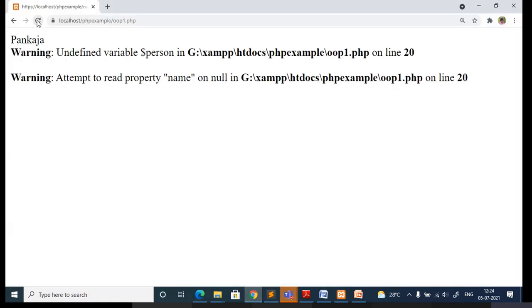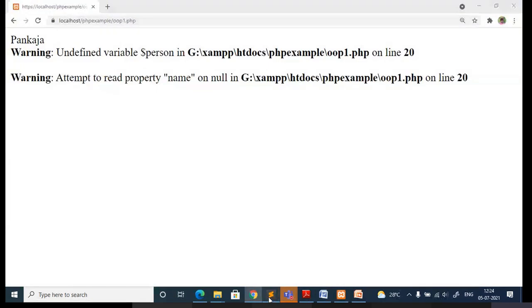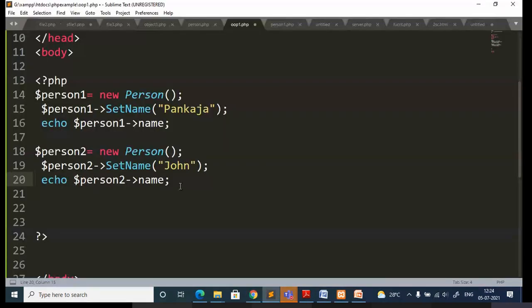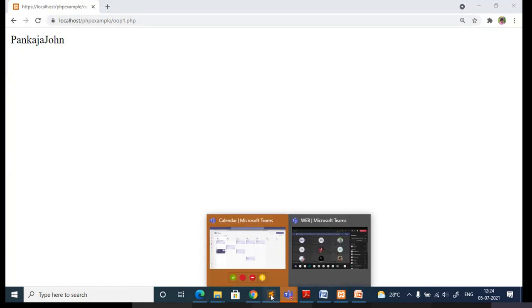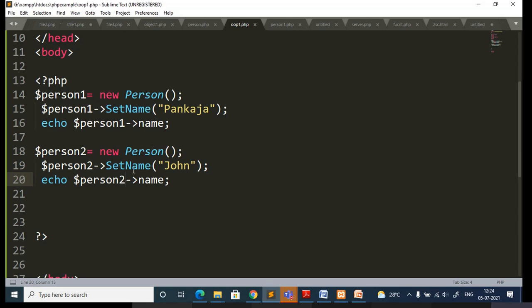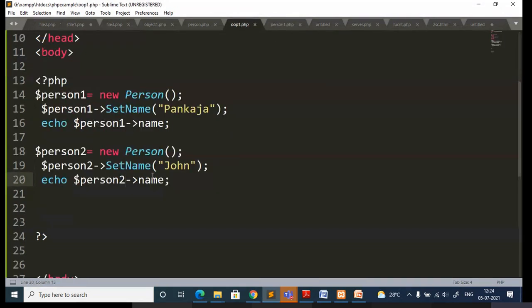Here it is giving a warning, undefined variable person, line number 20. The object name is actually person2. You can just see I am able to get another instance of the class with the specified value. That sets the variable property here, and the same thing I am accessing, and it is echoed so that you get the output on the browser.